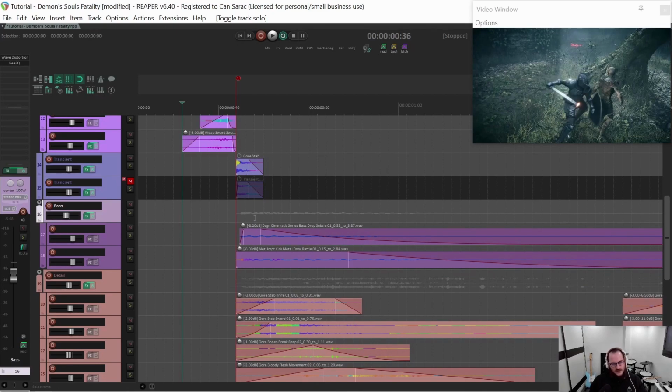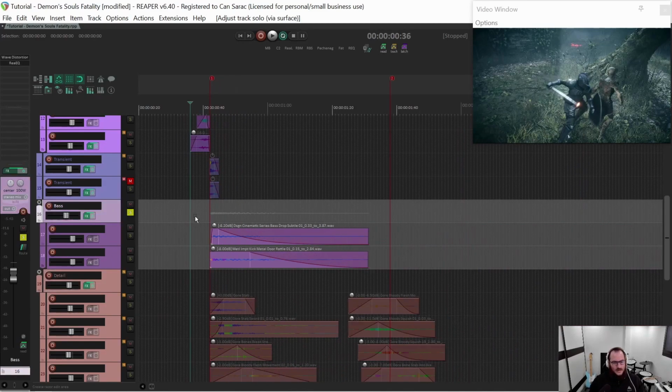That's the second section. The third section would be the bass, and the fourth section would be the detail, like the gory sounds and the crunchy sounds and the bloody sounds and that kind of stuff. But quickly talk about the bass detail. Because this is like a fatality kind of move, I exaggerated a little bit more than I normally would, I think. So if we just hear it without anything I did,